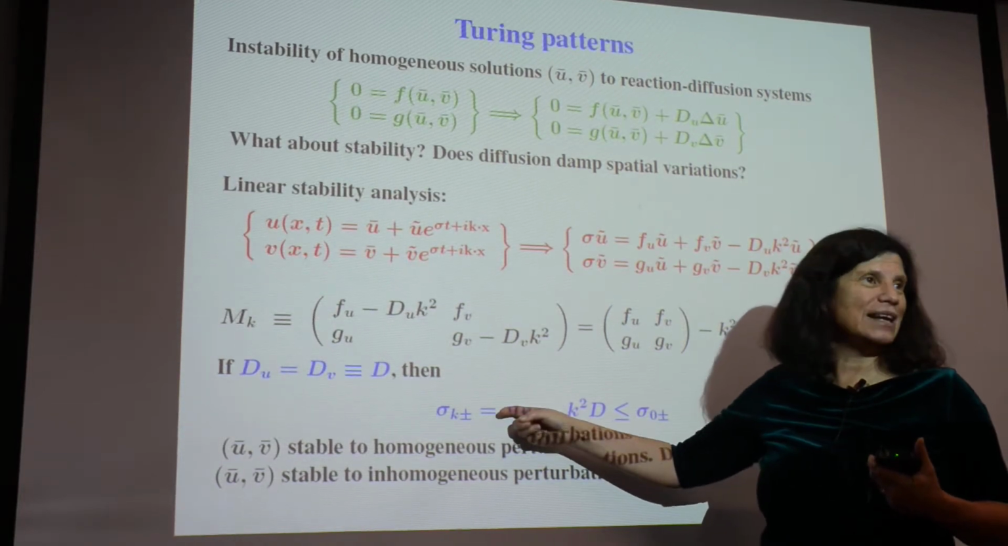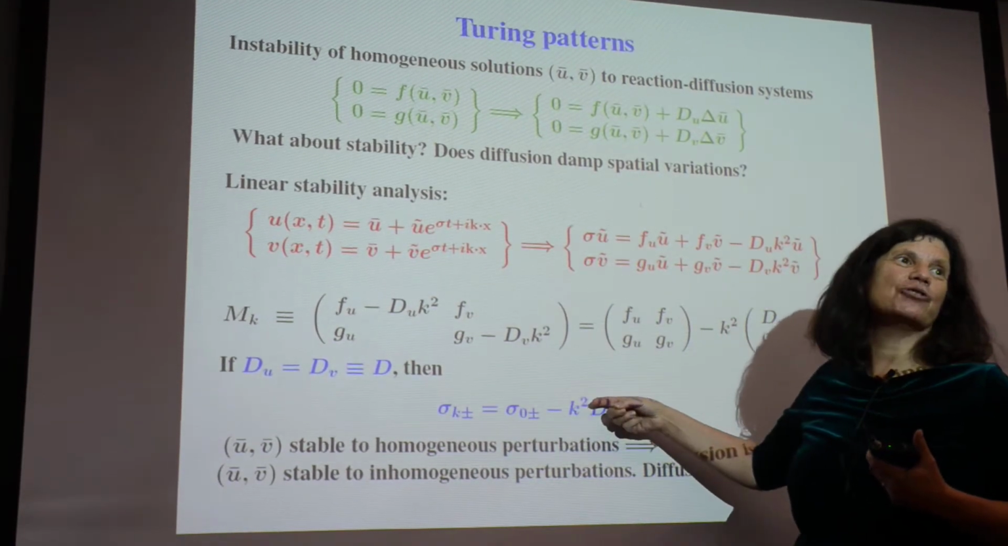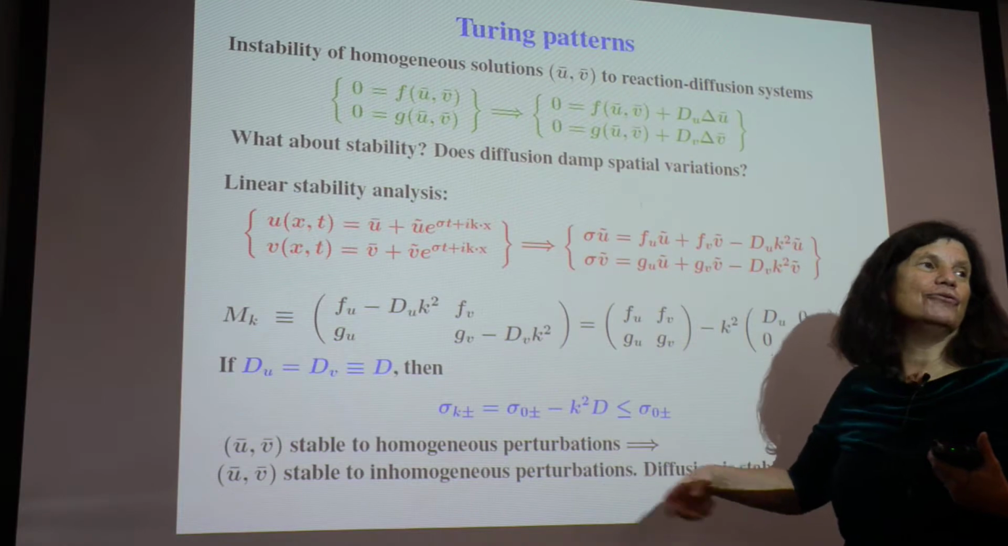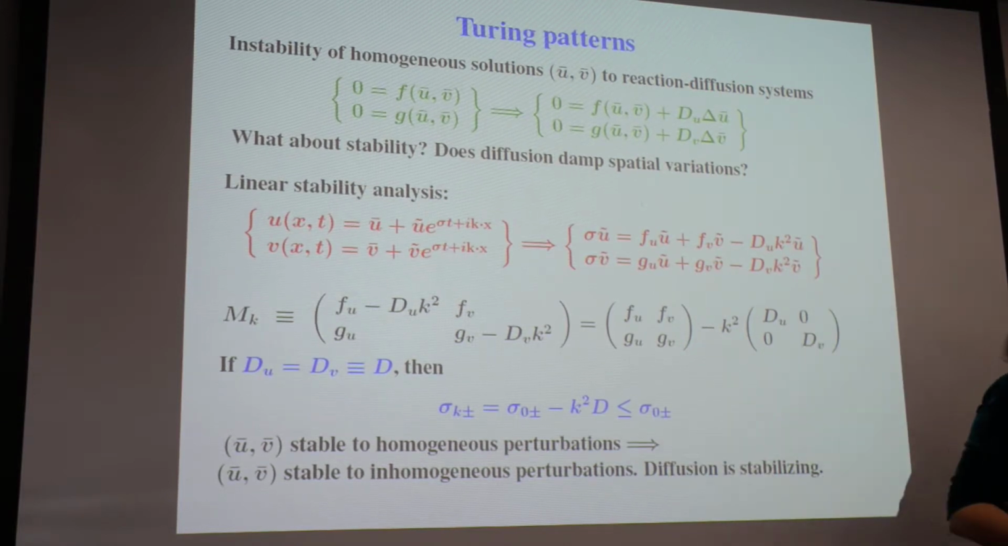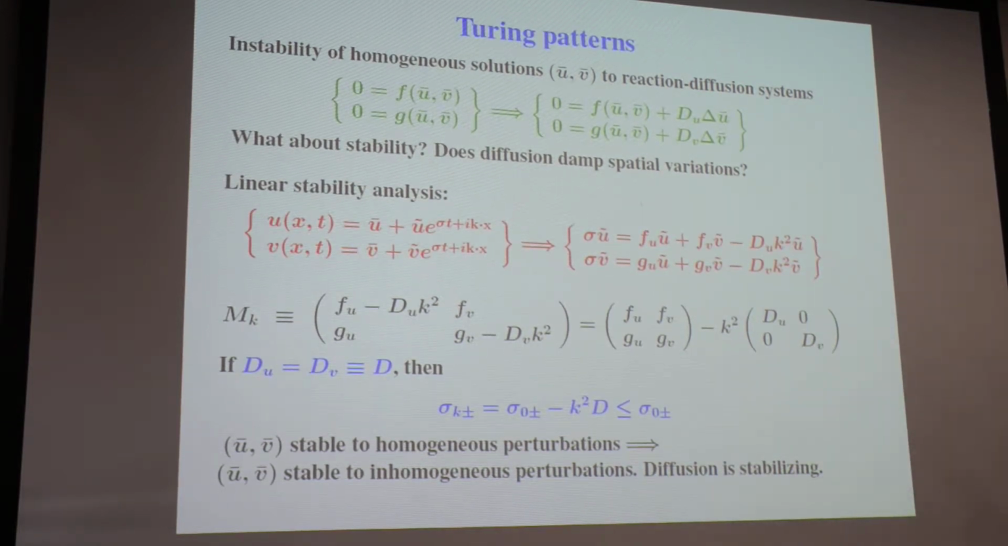Eigenvalues were already negative or had negative real part, and these have even more negative. Diffusion coefficients are, of course, positive, and of course, minus k squared is positive. So it's even more stable. So that's the intuition. And what Turing found was that if